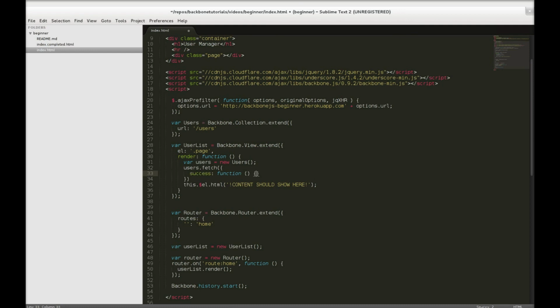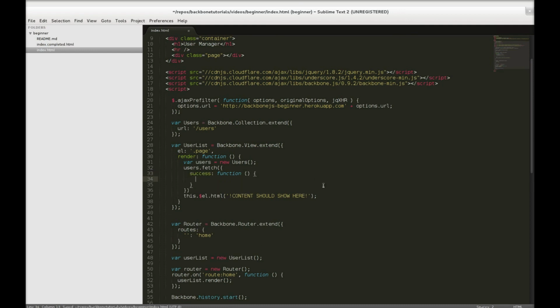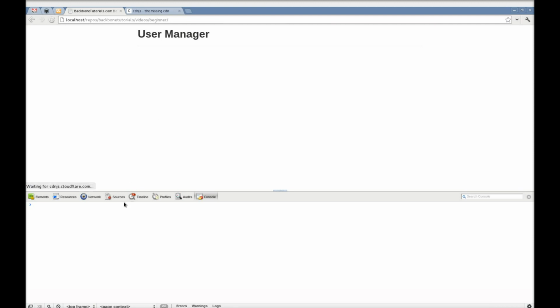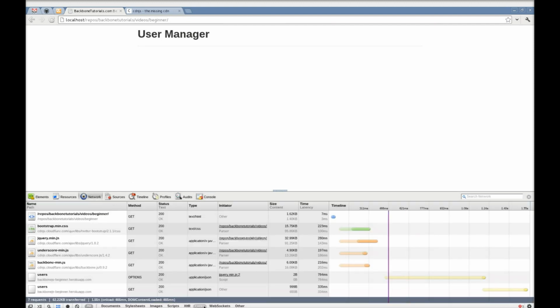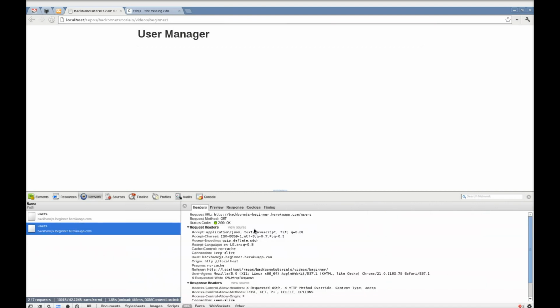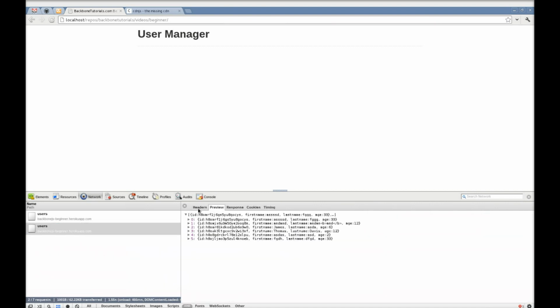So on success, let's just render our template when it's successful, and we can check out the network tab to see if that data actually came down. So if we refresh the page and jump to our network tab, we can see it sent off a GET request, and it did return the data,